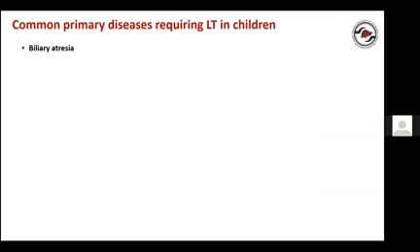70 to 80% of the children needing liver transplant due to biliary atresia are less than 2 years and less than 7 kilos. So it's quite challenging to the surgical team and medical team to look after these young children with biliary atresia. And the other important point to highlight about biliary atresia is its relationship to the Kasai